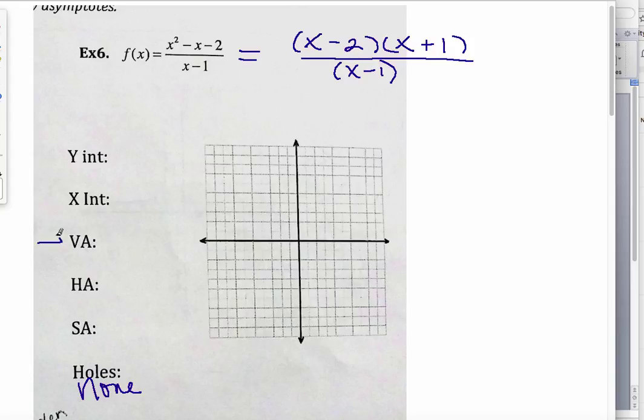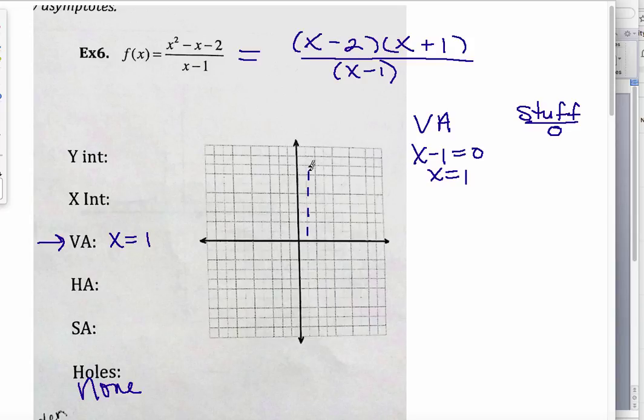And then I like to do my vertical asymptote next. My vertical asymptotes are the undefined points where your denominator equals 0. So for the vertical asymptote, we want to figure out what makes the denominator undefined or equal to 0. So we're going to take x minus 1, set it equal to 0, and then we get x is equal to 1. So let's put that dashed line in there and block off